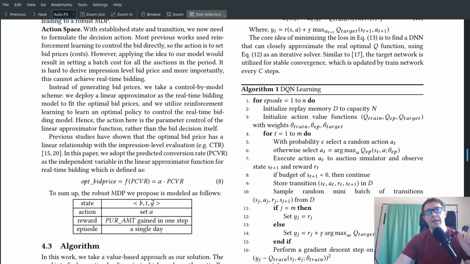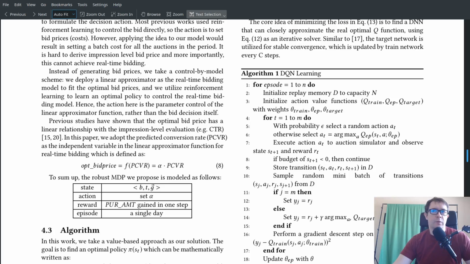They should, in a responsibly written paper, constrain the realm of applicability. If it doesn't work in all environments, they need to say this will only work in auctions in which we have the following set of criteria. Okay, that's another huge issue. And the second huge issue is the action space. They do reasonably go from a continuous to a discrete action space, but they use a meaningless quantity to do